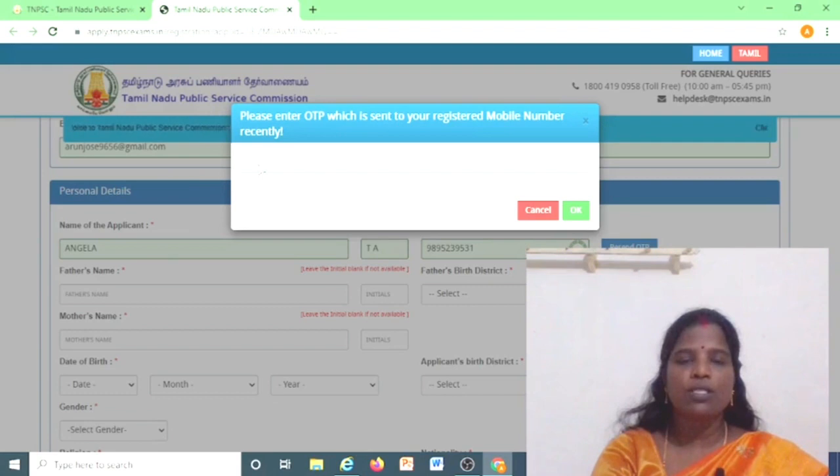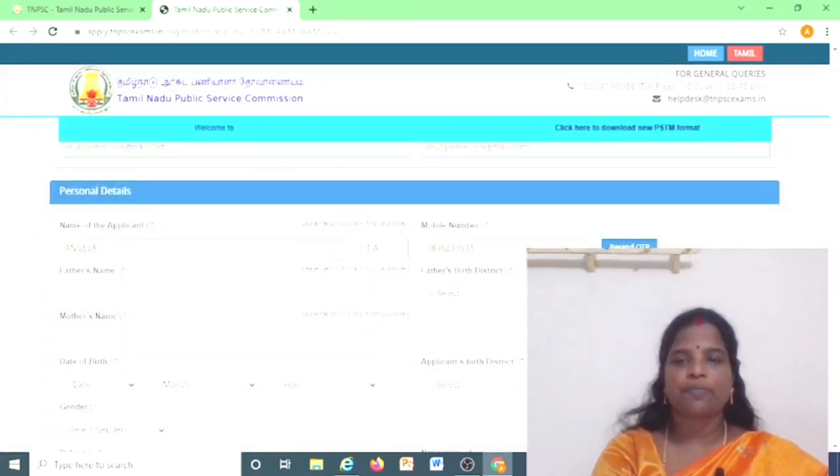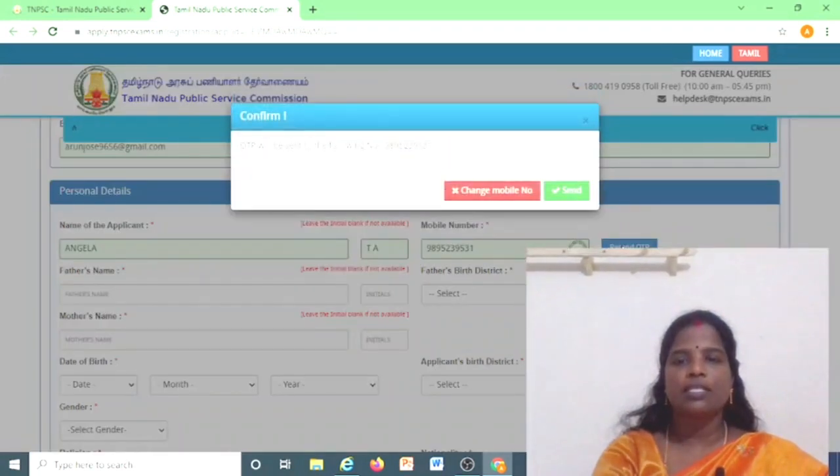Sometimes if you are not receiving an OTP, you can click the resend button. In my case I have not received an OTP, so I am clicking resend.